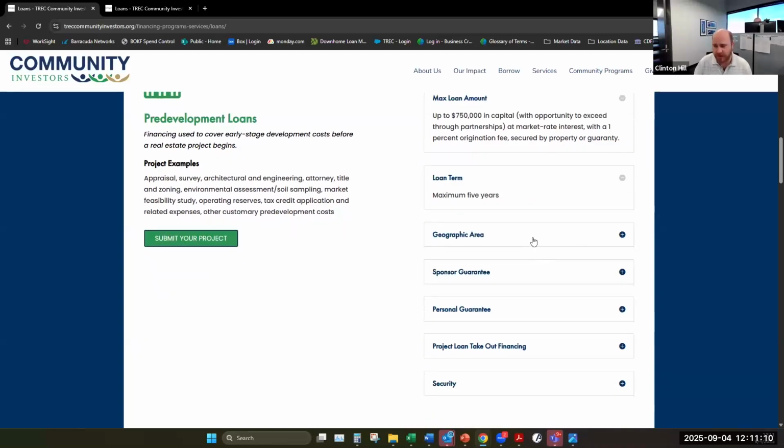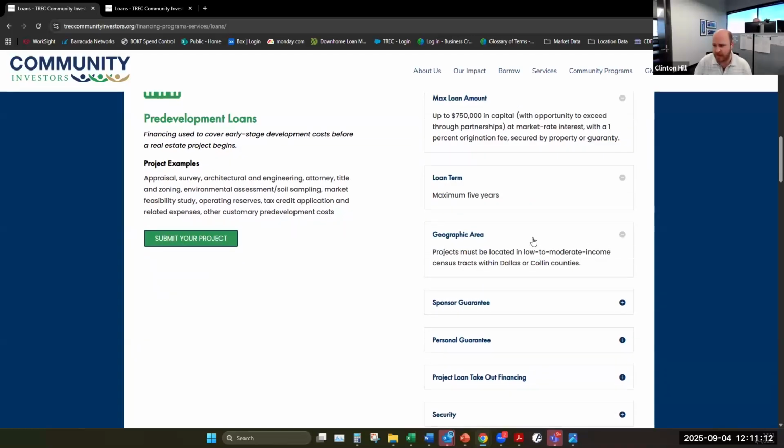Some more of our criteria for all of these really are similar, but we do operate in low to moderate income census tracts. It's one of the ways that we're ensuring that we're meeting our requirements as a community development financial institution, but also to make sure that we're adhering to our mission, which among other parts is really to invest in the disinvested.